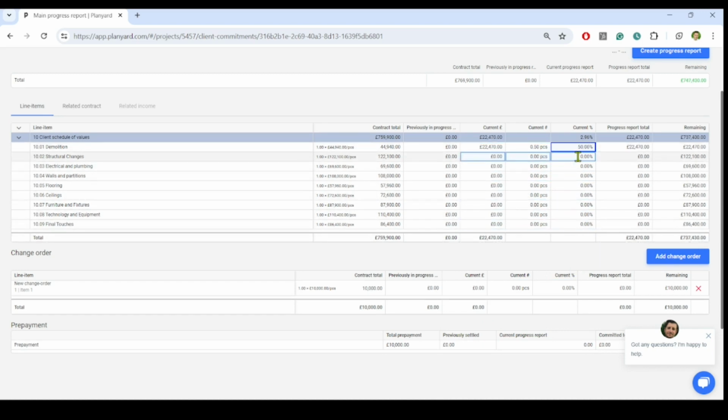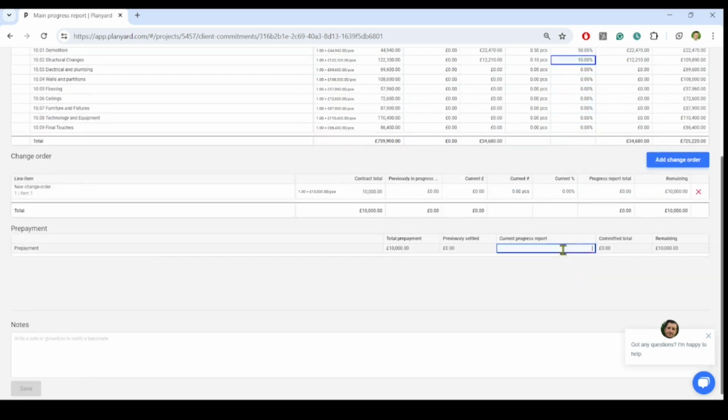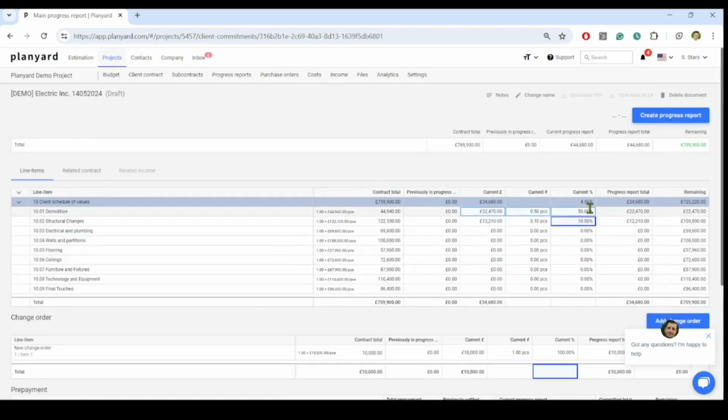We may also deduct the prepayment here, so nothing is remaining. We have also completed the change order by entering 100% in the current month's progress column. Now, let's click Create Payment Application or Progress Report. Enter the dates and